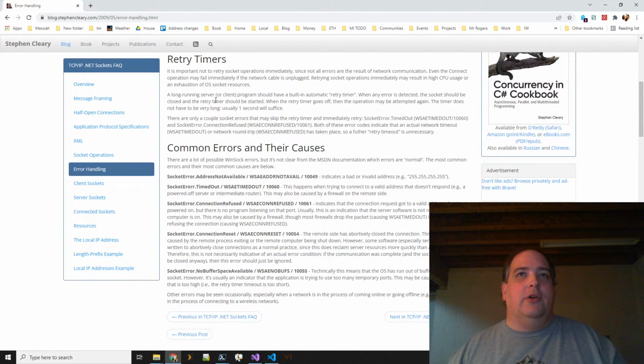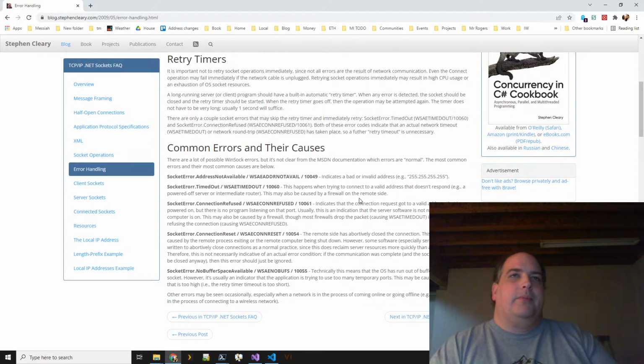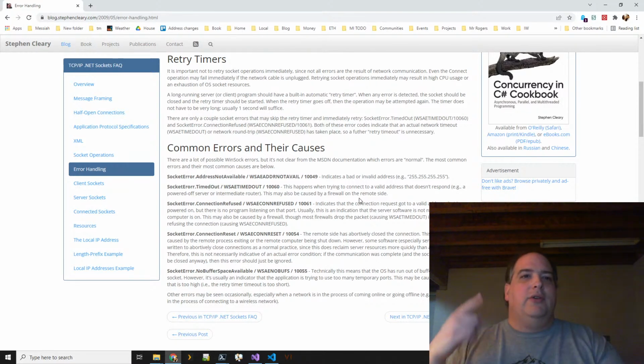Down here, under retry timers, is more what I'm talking about now. Usually what you want is, when you say connect on the client, to keep trying to connect, right? And time out and retry. So you need a retry timer, to slow down your rate of trying to establish this connection or send this command or whatever. A retry timer is necessary so that you don't retry too quickly. Like if your network connection was unplugged, you would just retry immediately all the time, and that would essentially lock up your user interface, which isn't nice. So you want a retry timer